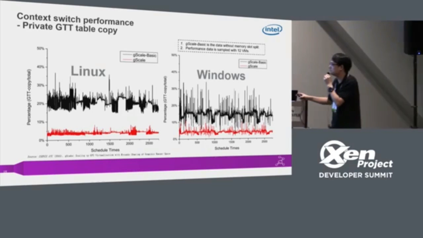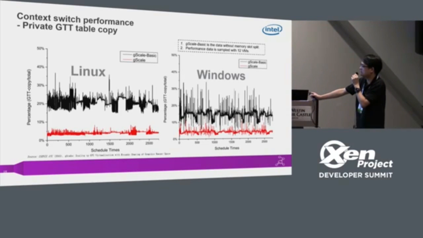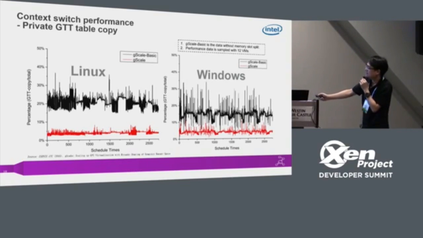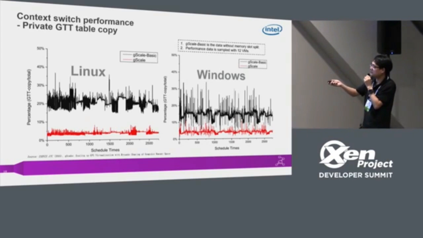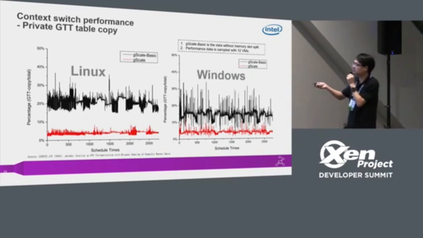We have a collection on both the Linux side and the Windows side. Actually, these data are coming from the USENIX ATC 2015 papers. We just published them earlier this year, and the data on this slide were coming from these papers. With these optimizations, the red part,